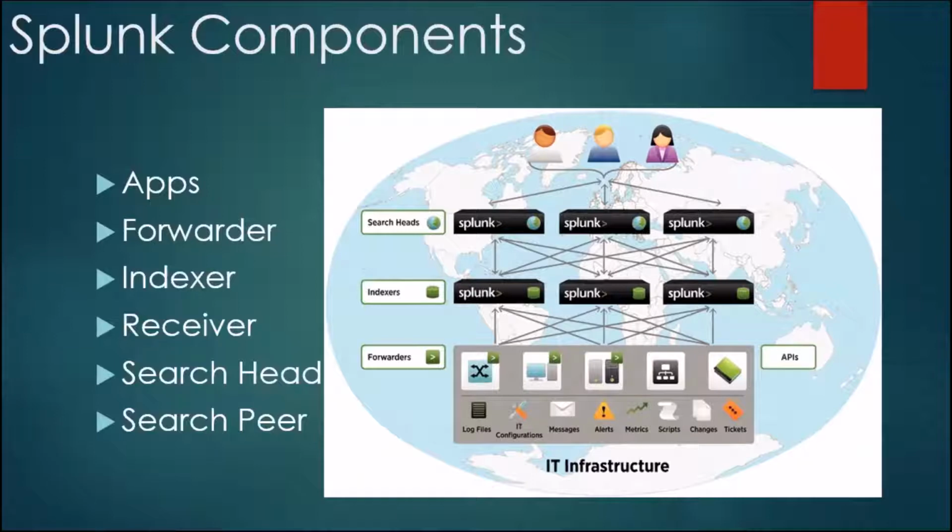If I have a search head which is given to, say, the development team, their search head will only look at their application data and nothing else, so that nobody else is looking at other teams' data. So you can segregate, create search heads for a specific team, and only show data which they are interested in, right? Then you have search peers. These search peers allow you to take the request from the search head, do the running around, help the search run faster, and then provide the data back and forth between the search head and the indexers.